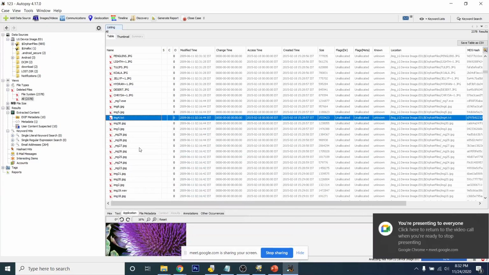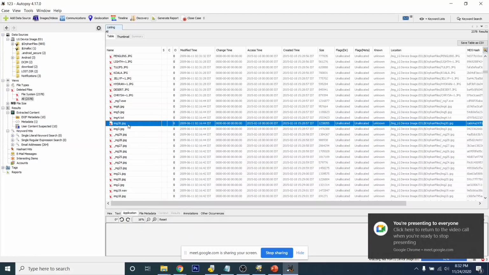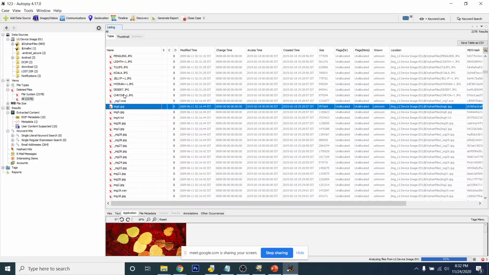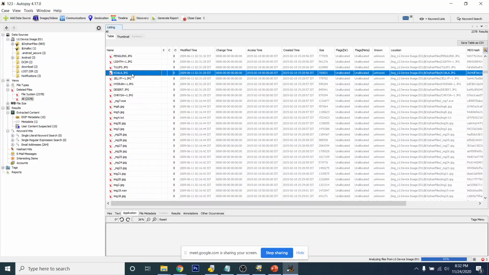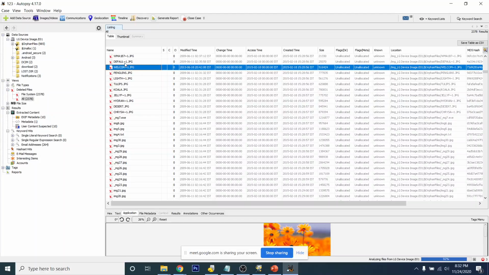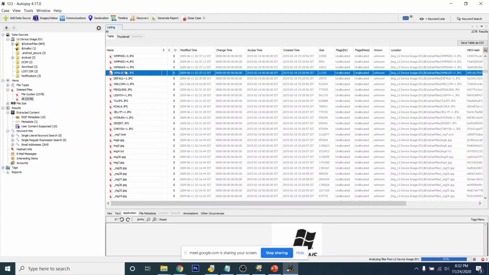Hello, I'm back. So basically there was a call. So there is an image. There is one more image. So basically these are the icons of Windows. I think this is not a Windows. Many of them are from Windows. Basically what he has done, I think he has copied the Windows 7 desktop icons to his phone. Yes, most of them are from Windows. You can even see Windows.